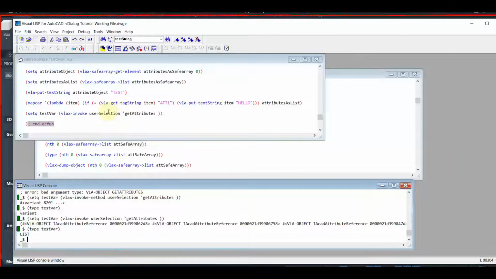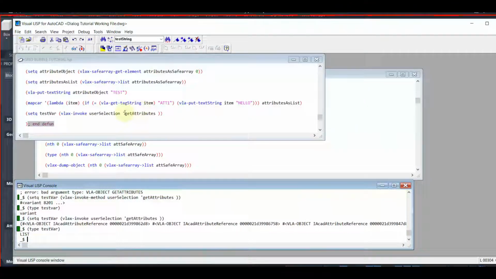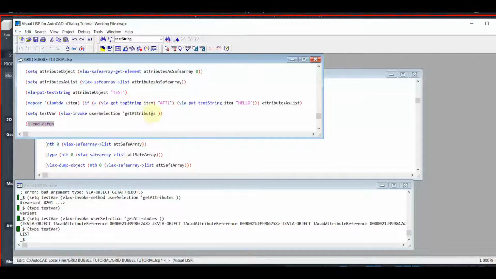So you'll see some of the heavy hitters in the Lisp community, they'll use this VLAX invoke. I noticed that order is kind of funny because normally, I think, what did I do up here? Some of these other functions, I don't know, this seems backwards to me, but nonetheless, this is ultra useful because you get the list straight away, but also I wonder how long this will work like this and if it works in non-AutoCAD programs. But anyways, if you can get away with using this, the VLAX invoke, instead of